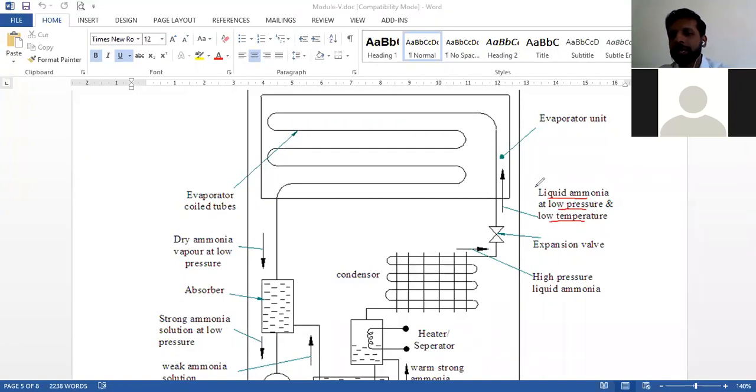Once ammonia is in the liquid form, it is at a very low temperature. That is going to be the input for the evaporator unit, right? This liquid ammonia solution is going to flow inside the evaporator tubes and this cycle repeats. So this is how vapor absorption refrigeration works, right? So next we shall go to